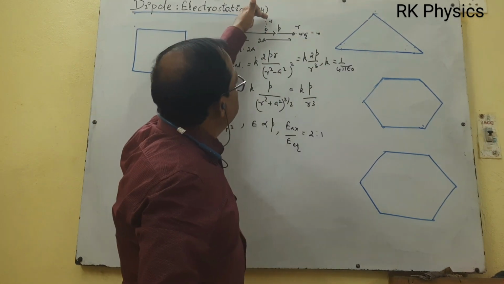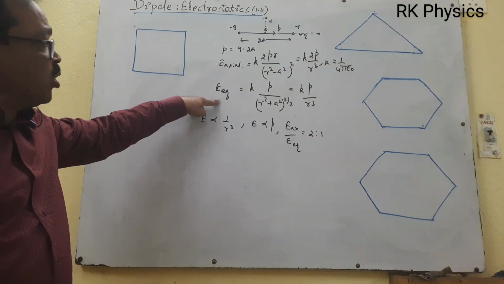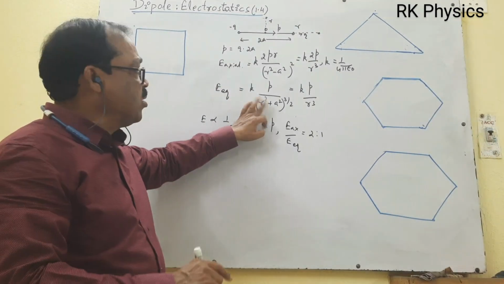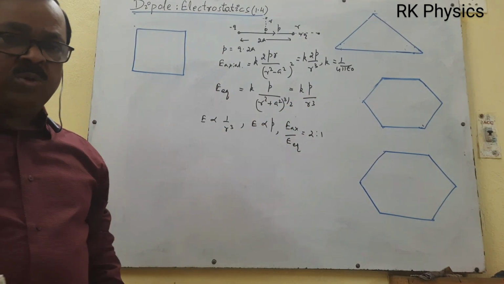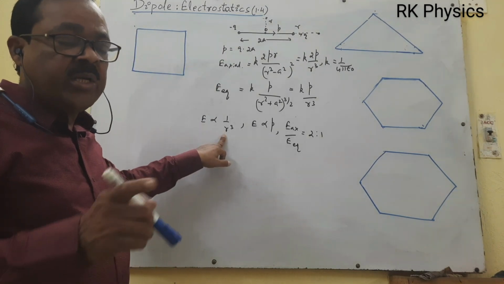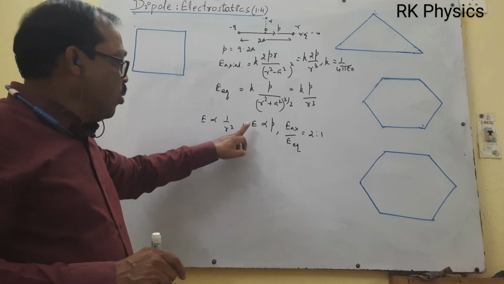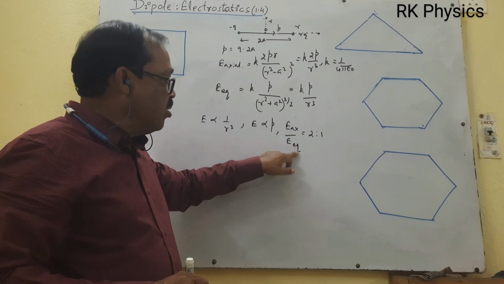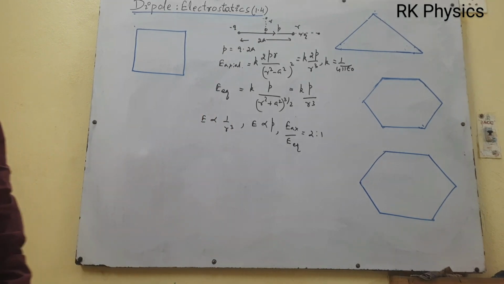If you take this point somewhere here on the equatorial line, the electric field at an equatorial line or broadside position is Kp divided by this value. In 12th class, it was already taught to you. This is Kp divided by r cubed if you assume a tends to 0. Now, what are the conclusions? E is inversely proportional to r cubed in case of a dipole, because in case of a monopole, E is proportional to 1 by r square. Also, E is directly proportional to the dipole moment. Now, E axial by E equatorial is equal to 2:1. With the use of this, let us solve some various sums.